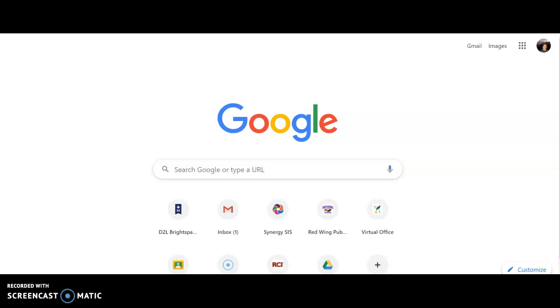Hi everyone. This little tutorial is just on how you would take attendance, or how you are going to sign in so that the teachers can take attendance. So if you just open up your browser and you're at your Google homepage,